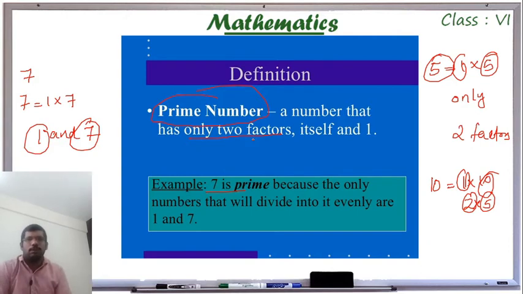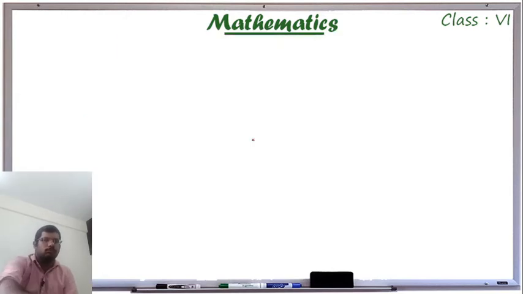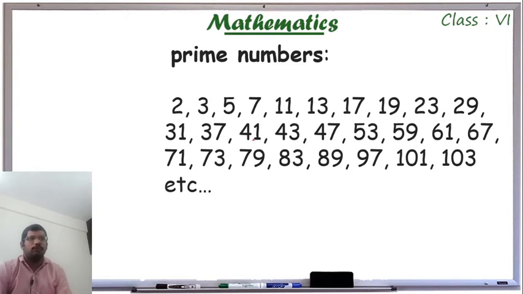Then a composite number is just the opposite of a prime number. Before that, we are dealing with some prime numbers: 2, 3, 5, 7, 11, 13, 17, 19, 23, 29, etc. You have to study these numbers. When I ask whether 89 is prime or not, you have to say, yes sir, 89 is a prime number. For that you have to study the prime numbers up to 100, minimum. When I ask whether 53 is prime, you can say yes, 53 is a prime.